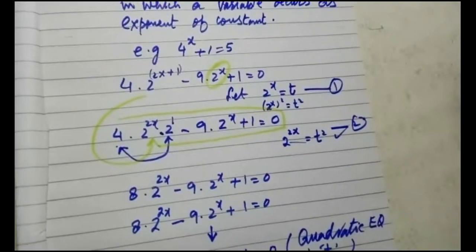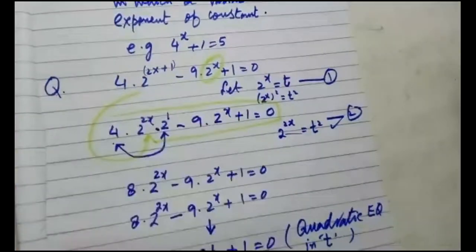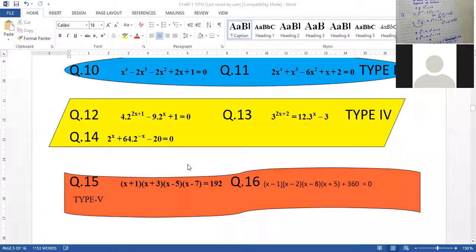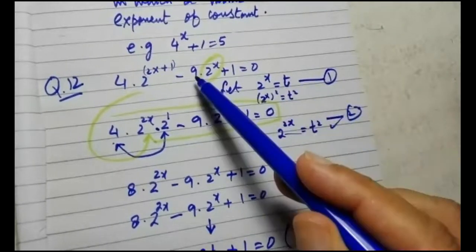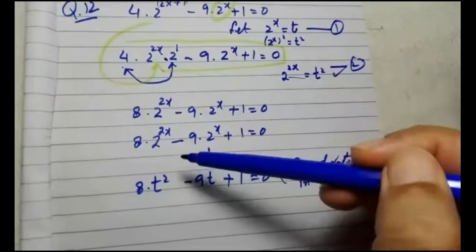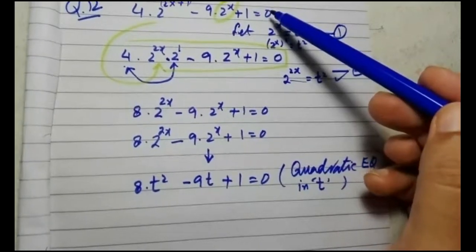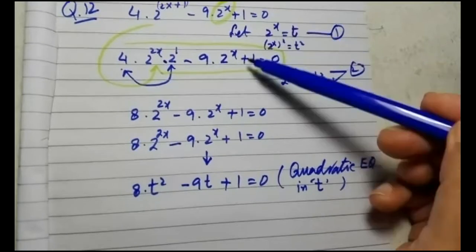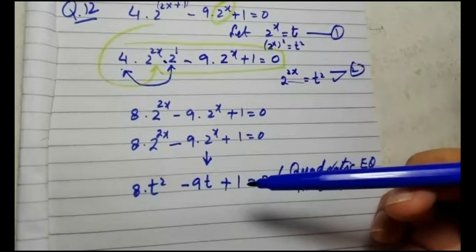So you can see that originally this was a question. I have not written the question number. This was question number 12, and starting from question number 12, we have converted this question into the quadratic form. At the last step, the exponential equation from the statement of question number 12 is converted into the quadratic equation. Now we are going to simplify it, and then we will find the answers.